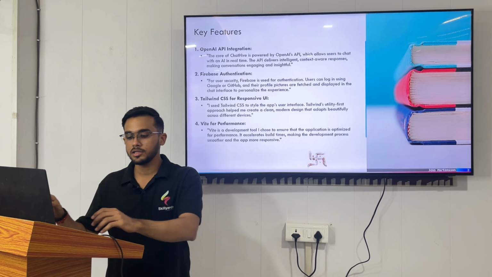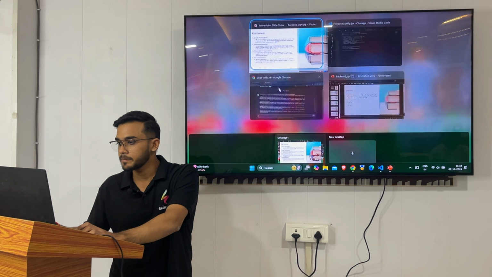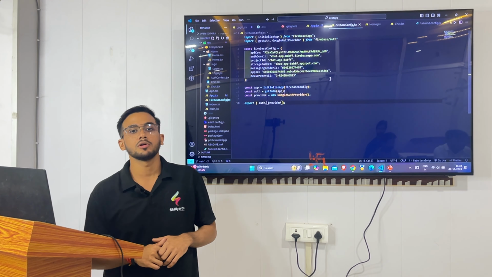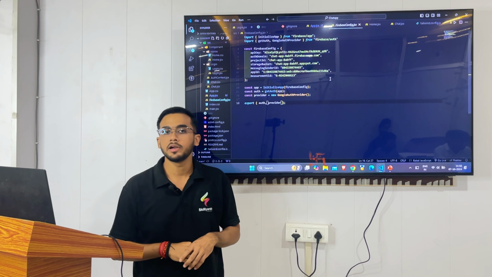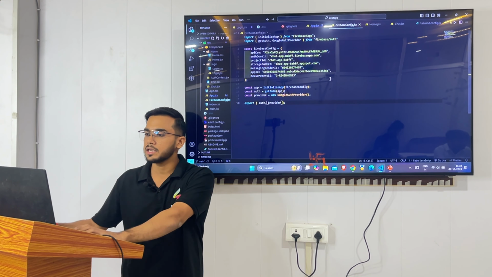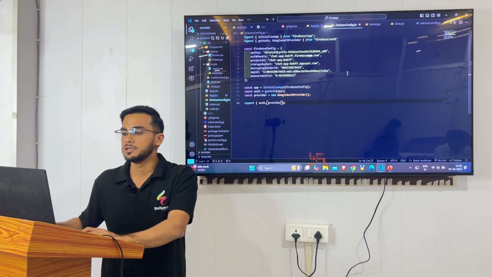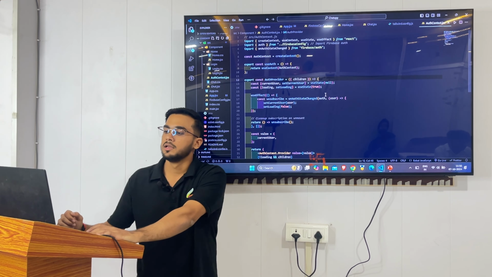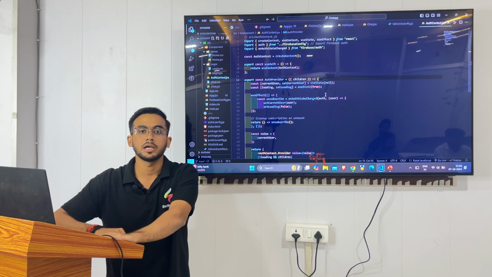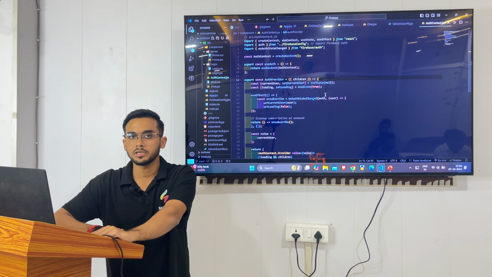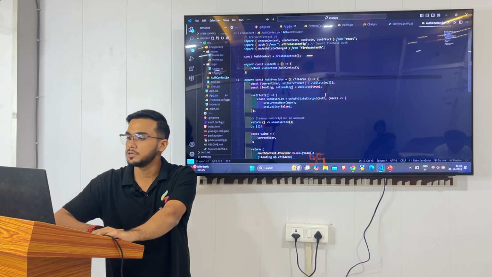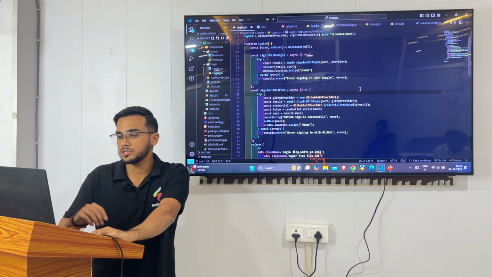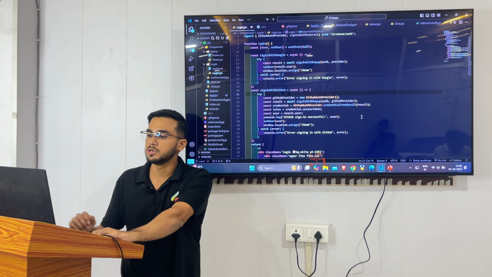Now I will show you where I use these key features in my project. So this is the Firebase config file. When I created the account on Firebase, then these credentials are provided by Firebase. These credentials are like API key, auth domain, project ID, storage bucket, etc. This is the auth context file, and here I used use context. Use context is a global object which is used to change the state from parent to children. Then this is the login page, and here I made two async functions.